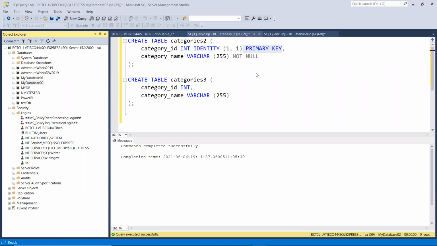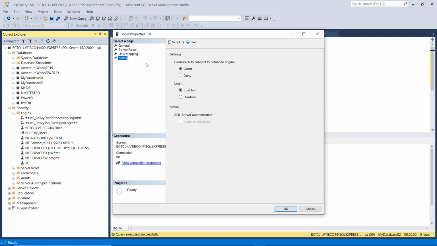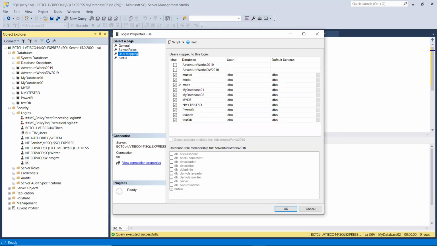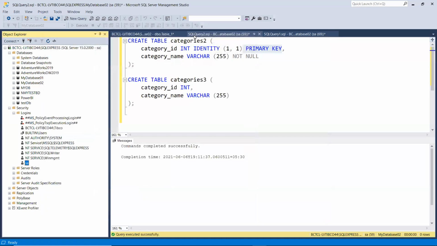Right now everything is done through the SA user. If you see here, in my query window it says SA. All these queries are executed by SA, which is a user that has most of the permissions, all the database access and server roles. There are multiple roles, guys, but we need not go into this. Just understand that when you go into industry, this is not what we will be doing.